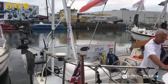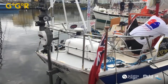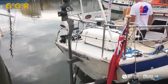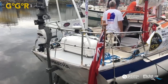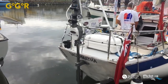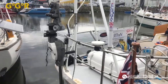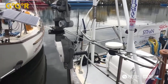So anyway, they just had the Hydrovane guys on board. There's a Hydrovane on the back. It had a Hydrovane on it when I bought the boat, but this is a new one. They just do a quick check and service of everything before the start of the race. They've come over from the UK to do all that. So yeah, simple everything, two backstays there. Again, familiar stuff, the Echomax on the back for radar transponder, and the YB3i hockey puck there. The little blue aerial on the port side quarter is probably the AIS,